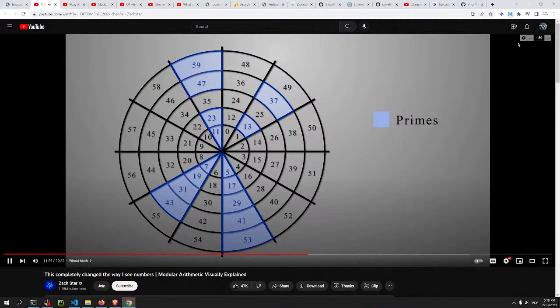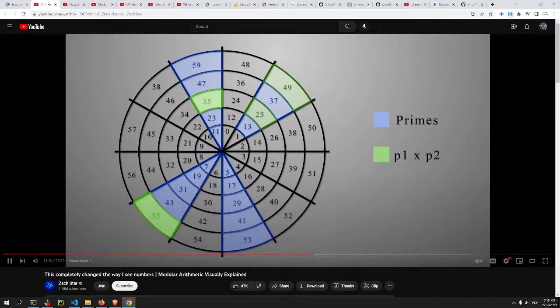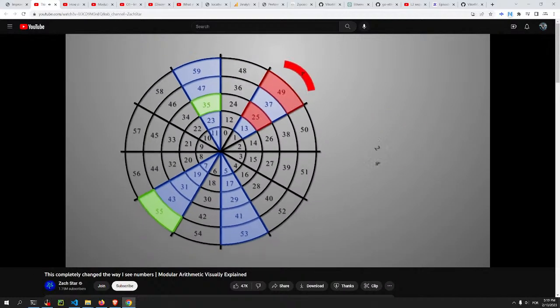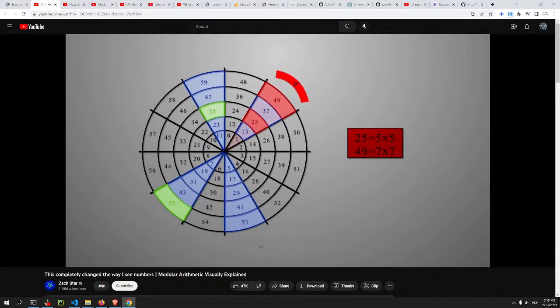Then going back, if we multiply 2 primes together besides 2 and 3, the resulting value will also be in the same sections as the primes, just filling in some of the gaps. But the weirdest thing is that any prime number squared besides 2 and 3 will land in this section. This means any prime number squared minus 1 lands in the next spoke over, or the section where everything is divisible by 12. I mentioned this earlier, but an even stronger case where any prime squared minus 1 is divisible